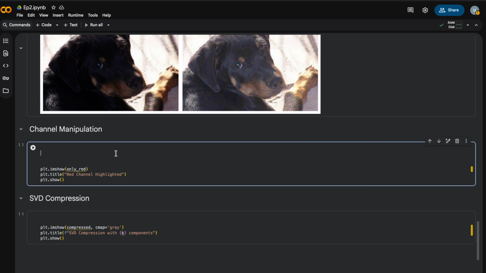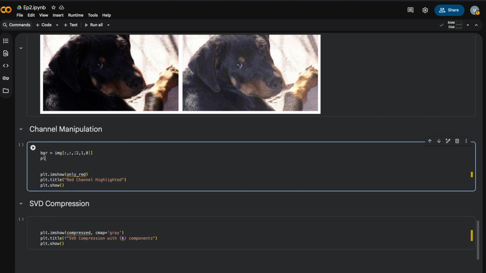Now the other part that we would like to discuss today is basically channel manipulation. By channel manipulation, what I mean to say is that we will try to reverse the order, like red green blue to blue green and red. Let's see that. So we'll declare bgr is equal to image, and then this, and then this, and 2 comma 1 comma 0 here,